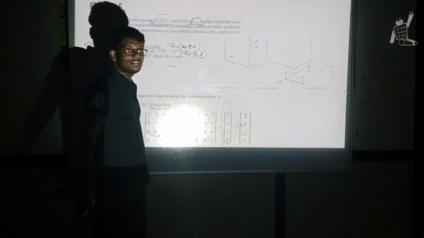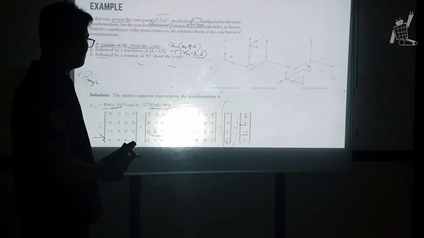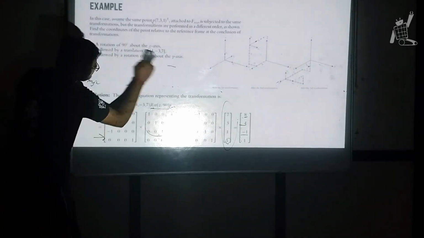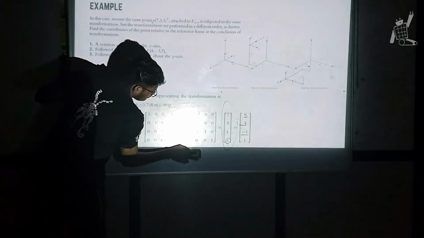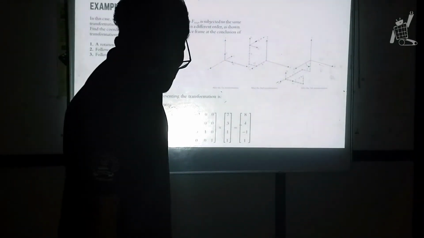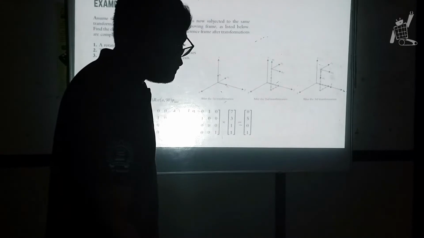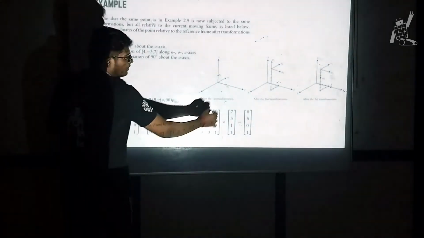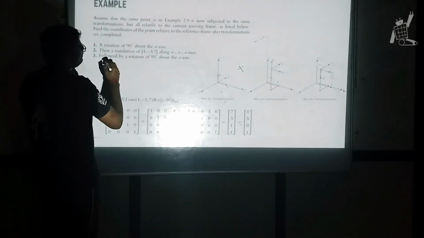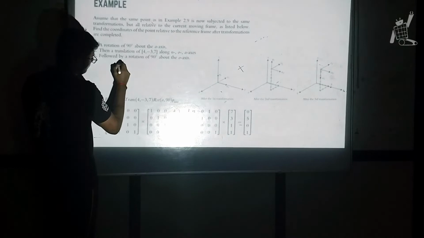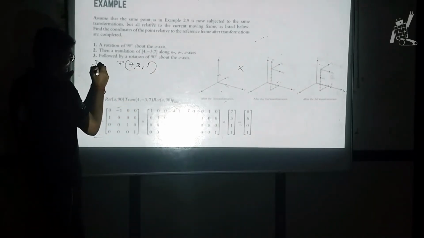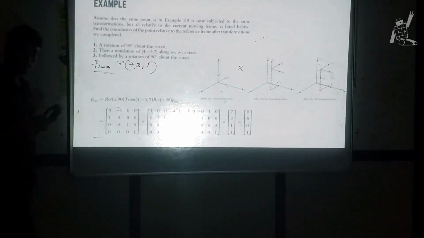Then you can see, with one more example, I am not going to explain it graphically. Okay, it will take time. Assume the same point 7 3 1, right? P 7 3 1 was our point. That is attached with respect to the NOA frame. It is attached to the NOA frame, which undergoes